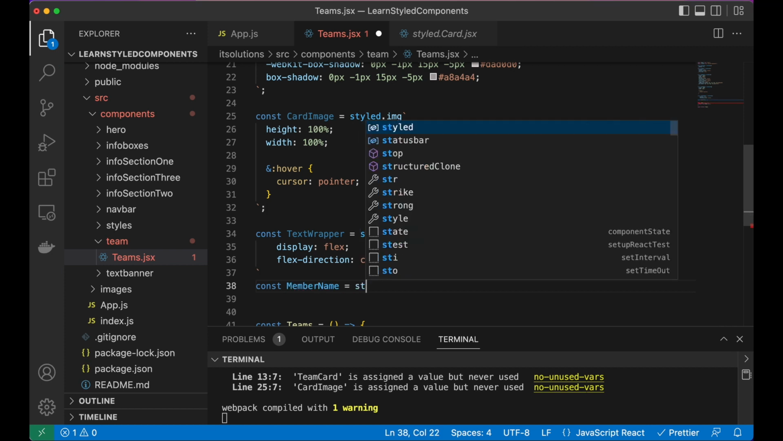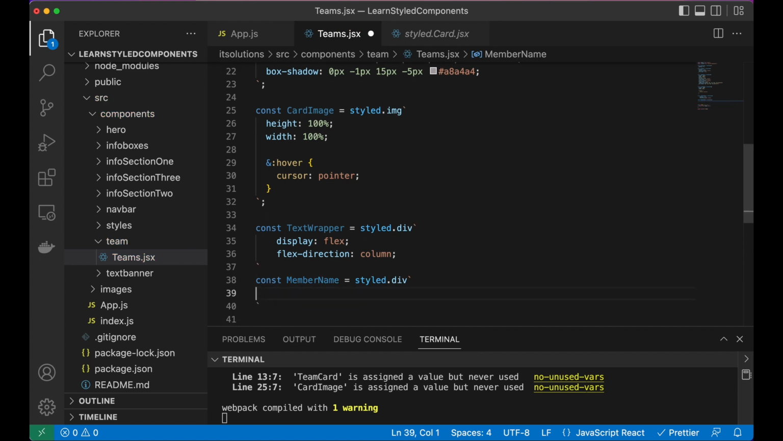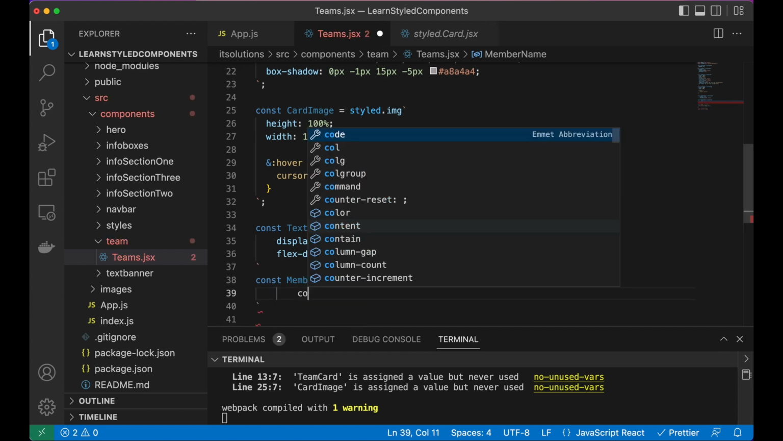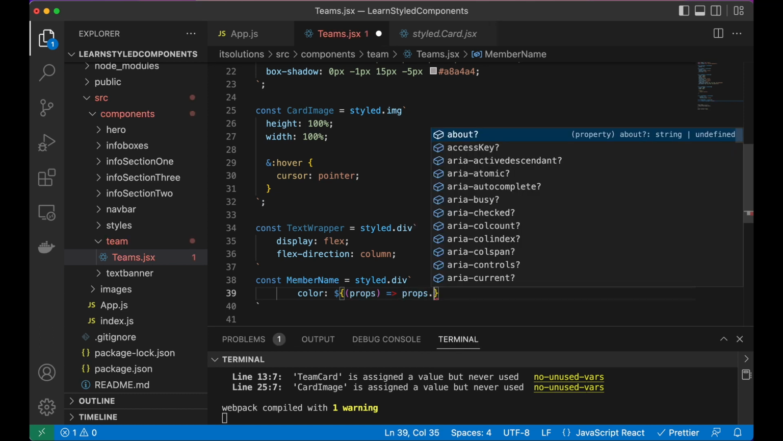So here I'll say const, and it will be our member name, is equal to styled.div and then back text, and here I'll say the color of this will be something like color, and I'll use props because I want to use our theme. So here I'll say props, and then we'll be using our theme. So it's a percentage sign, I need a dollar sign here like this, and the fat arrow, and also I'll say props.theme